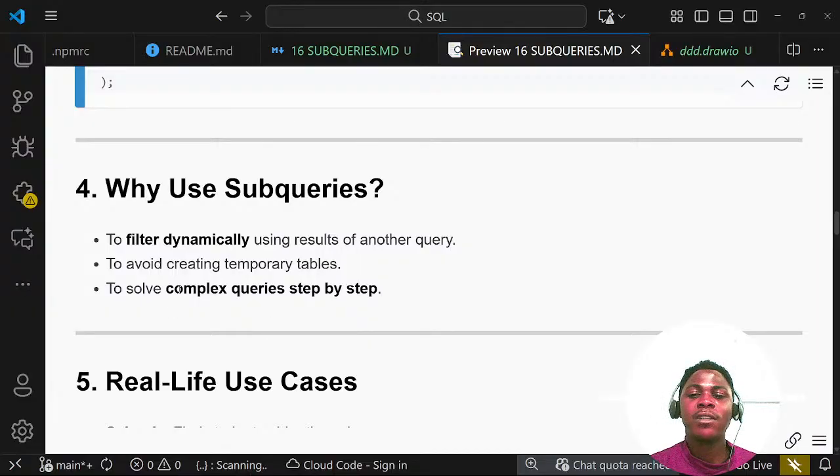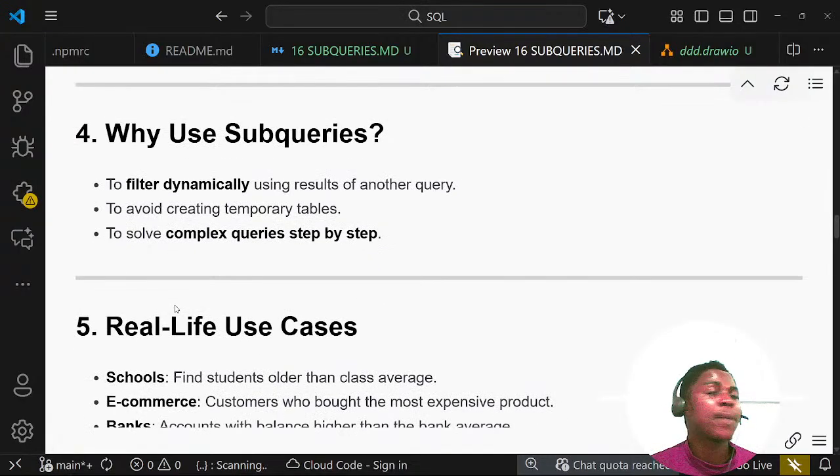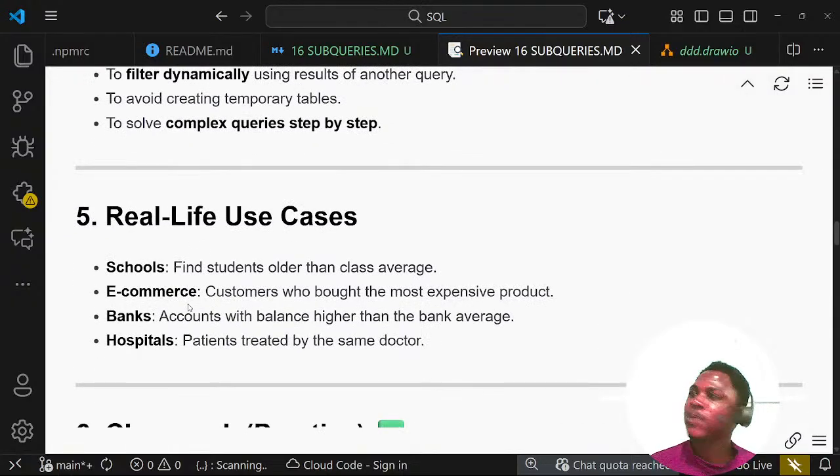And to avoid creating temporary tables, we could use subqueries. To solve complex queries step by step, we could do this as well. So in real-life use cases, a school can find students older than